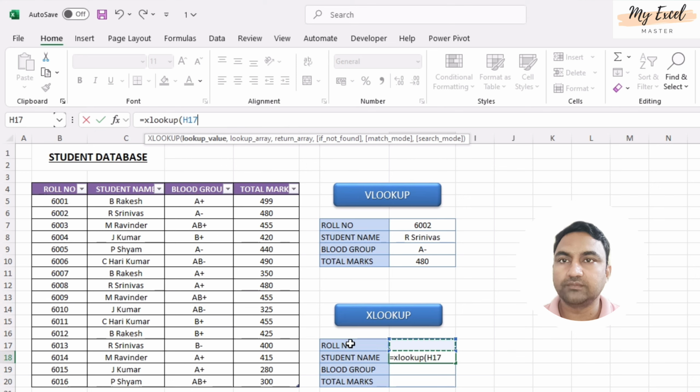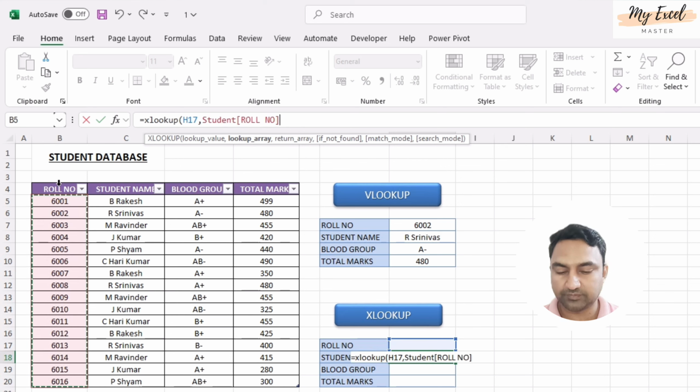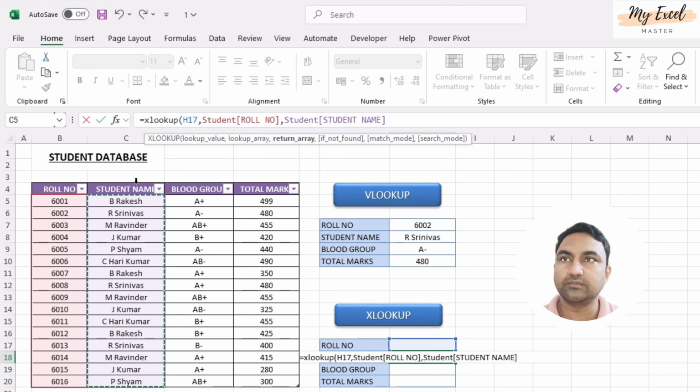Select the cell, comma. Here we are not going to select the whole table. We just need to select the lookup array, the column where we are setting the roll number. Just select that column, comma, return array. Which details are required? The student name column. So select this column,